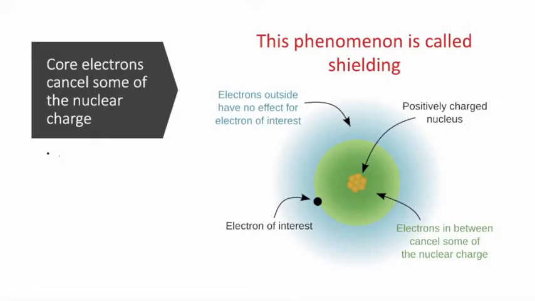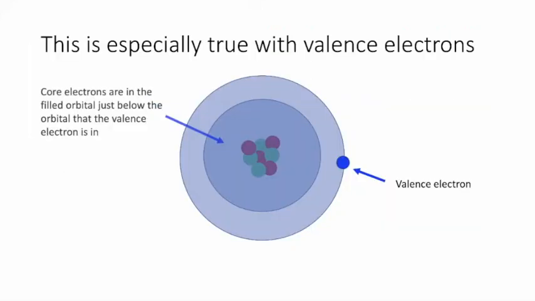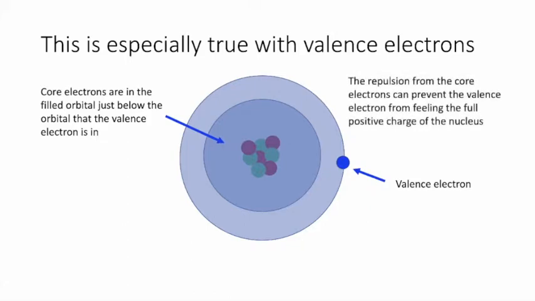Let's talk about shielding. Core electrons can block or decrease the amount of positive charge from the nucleus that a valence electron feels. Because of this, it makes a valence electron a little less attracted to the nucleus. We call this shielding. Now take a look at this picture. The core electrons are in inner shells, below where the valence electrons are. And the repulsion from the core electrons can prevent the valence electrons from feeling the full positive charge of the